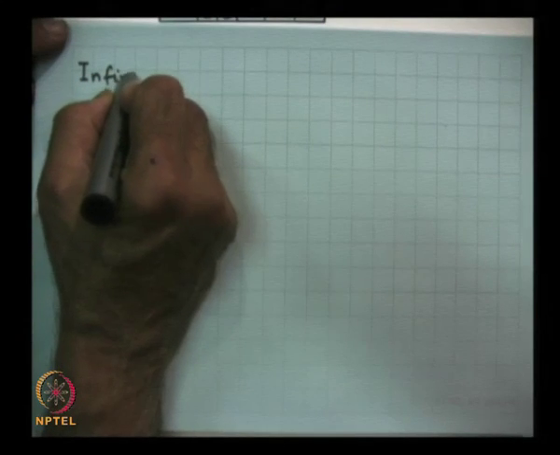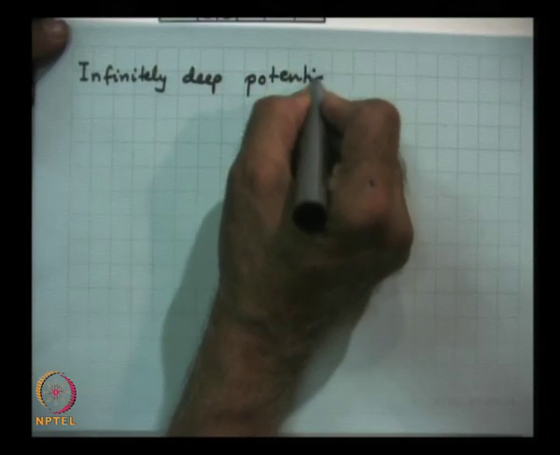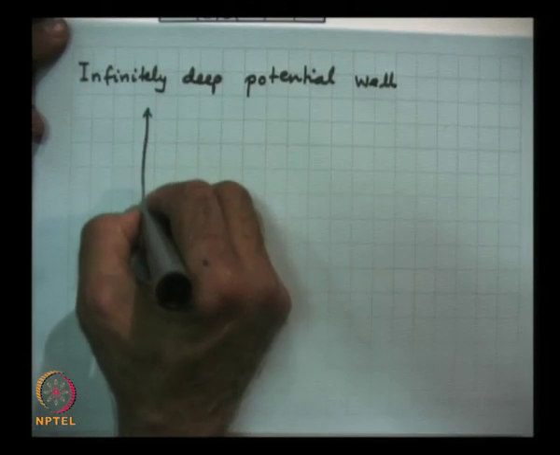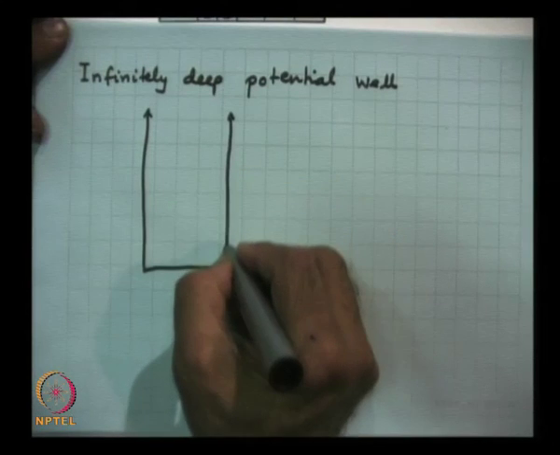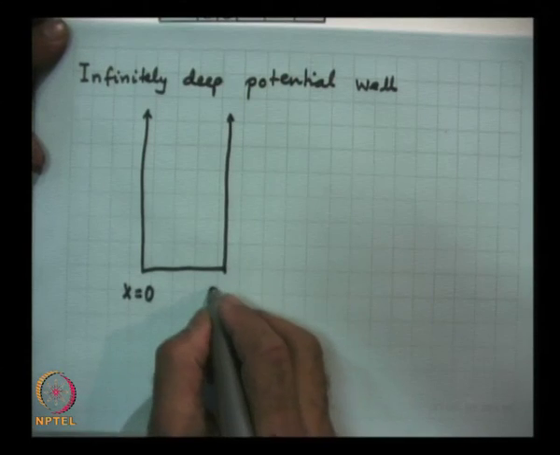Now, what I would like to do next is solve the Schrodinger equation when the particle is confined in a box, in a one dimensional box, and we say that it is in an infinitely deep potential well. So, I have an infinitely deep potential well, which I describe as if the particle is inside a very deep potential well, and let me choose this as the point origin, x is equal to 0, and this as x is equal to L,